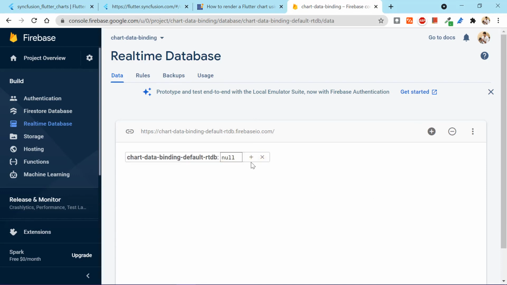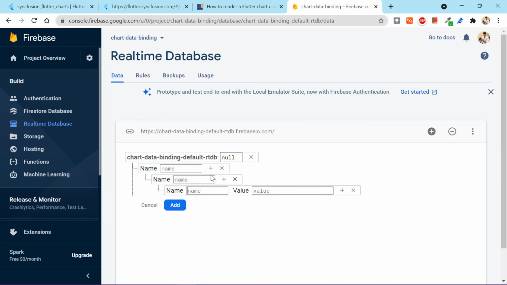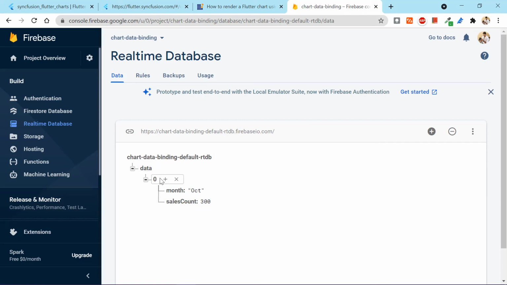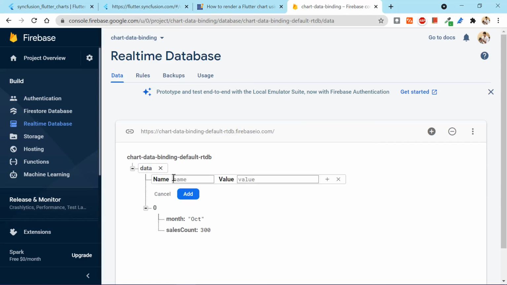Database got created now. Let's add data to it. I am naming it data and adding some random data to it. Click Add. Now let me add two more sets.